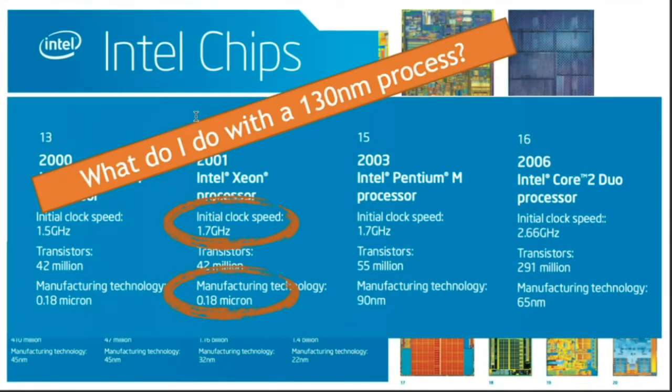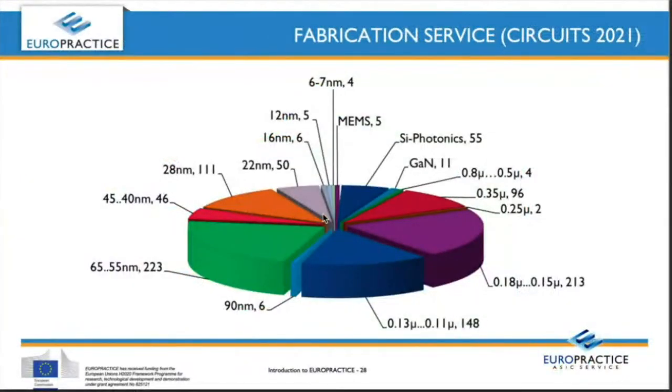Typically, people say, what do I do with the 130 nanometer process? First, I'll borrow the example that Tim Ansel brought. You can do a lot more interesting things by iterating and tinkering and improving in a process that I don't want to call old. I call it suitable and a good fit for the need, that is being able to iterate with different new architectures. I'm showing this picture to show that Intel chips, like the Xeon processor, were made through a 180 nanometer process, and it was 1.7 gigahertz. Yes, it was a custom processor, but here's what people can do